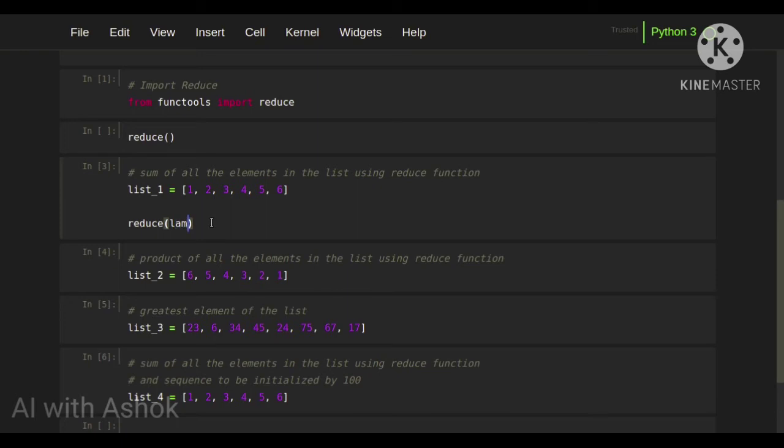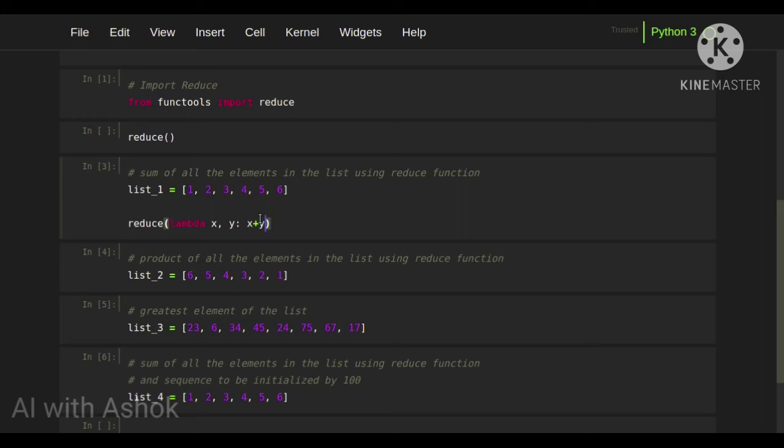So lambda, we are going to get the first two elements. We are adding two elements, so for adding two elements we need to input two arguments. When we give x comma y, it will take two arguments, and as a first step it will take the first two elements as the first two arguments. So x, y: x plus y. It will return x plus y.